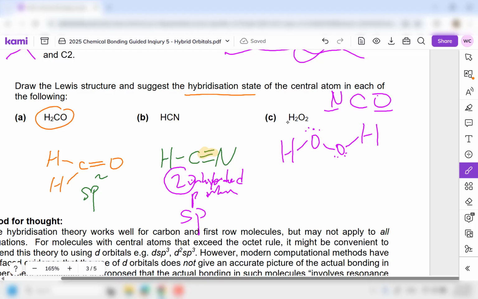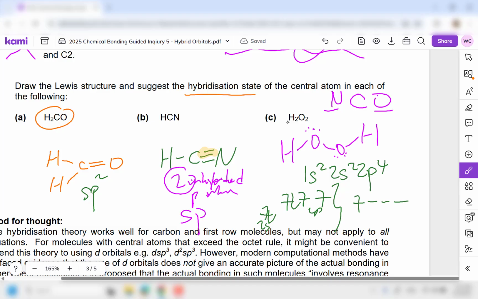So oxygen electronic configuration is 1s2, 2s2, 2p4. Okay, so if it's going to undergo hybridization, so this 2s, this 2p, right? What's going to happen is that it will form 4 sets of sp3 hybrid orbitals, right? 2 of the hybrid orbitals are filled. Okay, the other 2 are unpaired electrons. So can you sort of visualize that these are the 2 filled hybrid orbitals? Okay, then